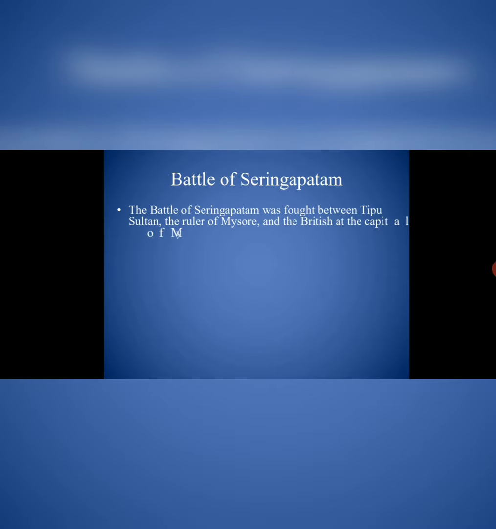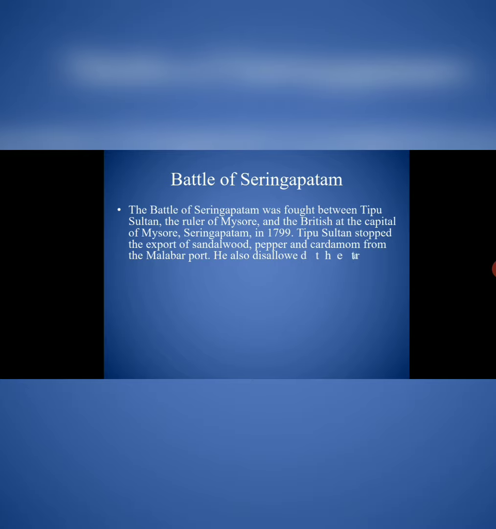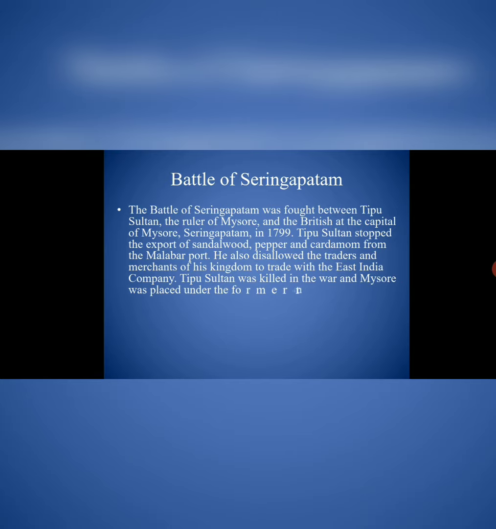So, Battle of Seringapalam. The Battle of Seringapalam was fought between Tipu Sultan, the ruler of Mysore, and the British at the capital of Mysore, Seringapalam, in 1799. Tipu Sultan stopped the export of sandalwood, pepper, and cardamom from the Malabar port. Means Tipu Sultan was a far-sighted ruler, and he knew that if he would allow the trade, then East India